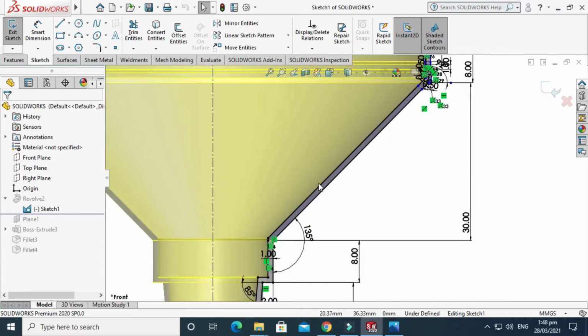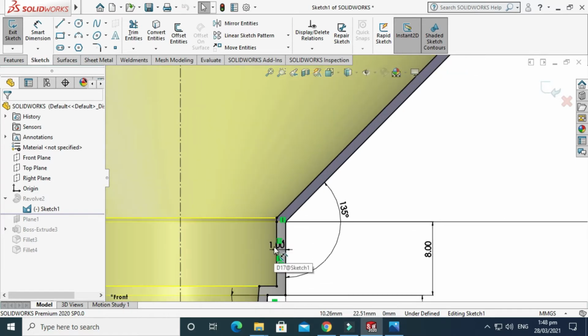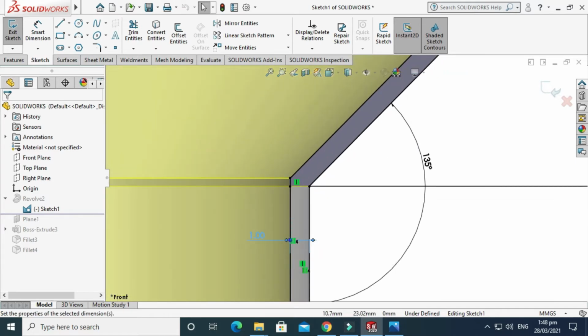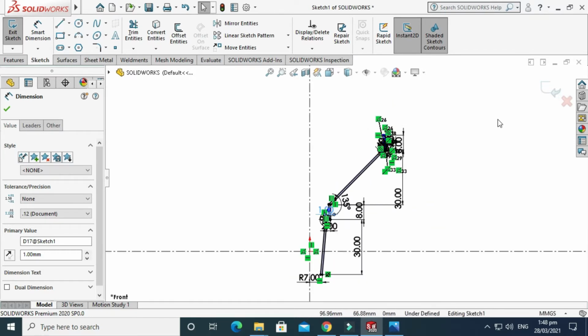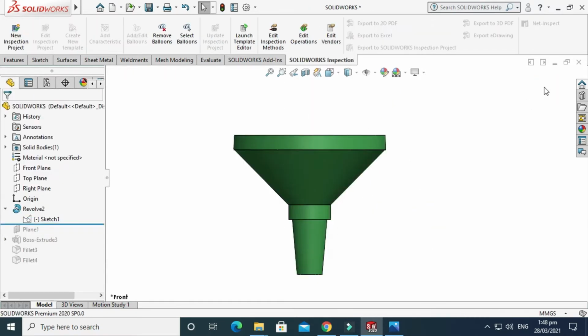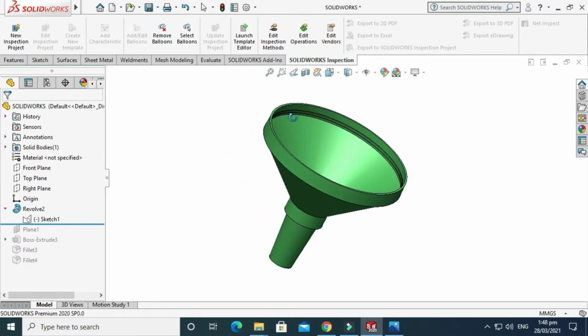And the thickness of this funnel is, let's say, 1 mm. And this is the cross section, and I have to make a 360-degree revolution. So I'll go to exit sketch, and this is the basic funnel model.